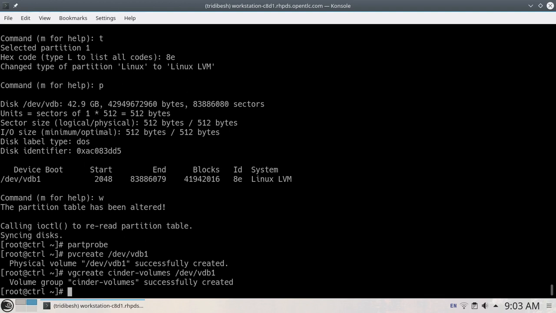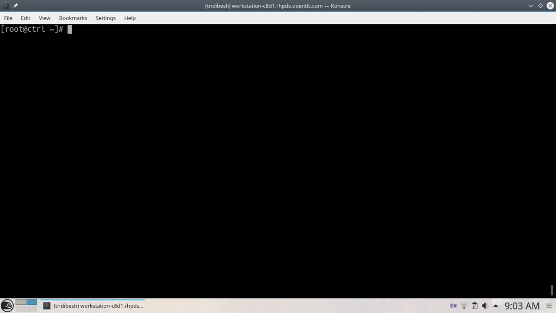So Cinder volume creation done, Packstack configuration, all the answer file alteration is also done. Now I will start the Packstack installation. So for running the Packstack with answer file, you give option packstack --answer-file, then you give the path to your answer file. In my case, I created in my root directory, so I'm just giving like /root/answer.txt, so it will start.